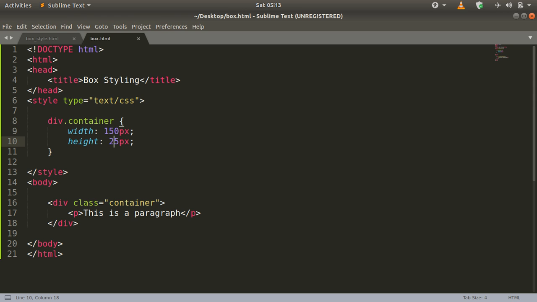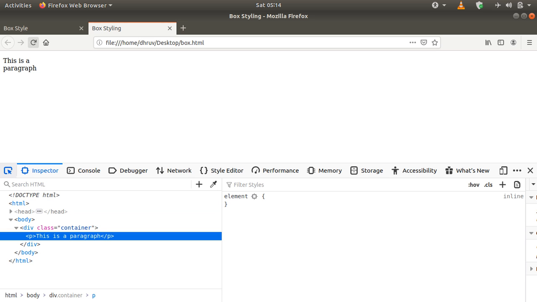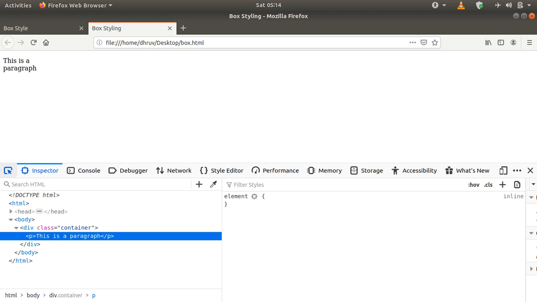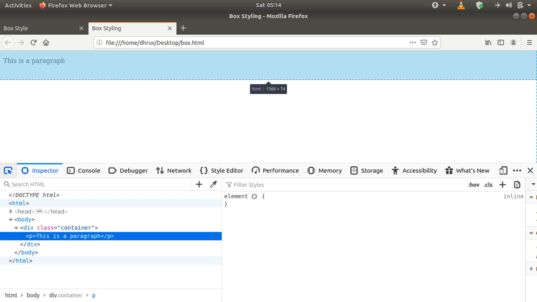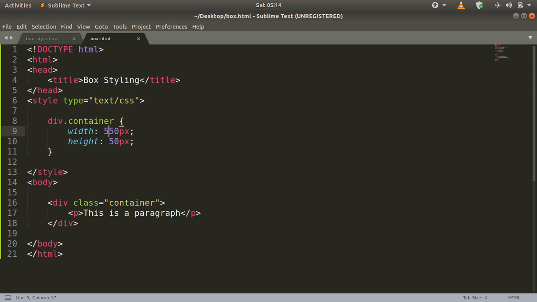What we can do here is change this height to, say, 50 pixels and reload the page. Let us change the width to, say, 550 pixels and refresh the page. Now you can see that the height and width of the box is about 550 by 50, as we have defined here.